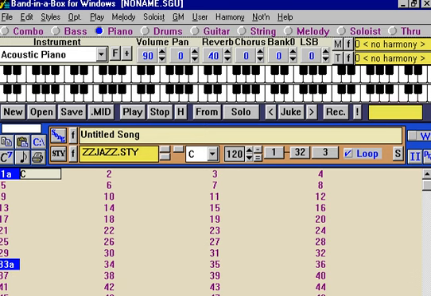Band in a Box for Windows version 7.0 allows you to type in the chords to any song using standard chord symbols. And we'll show you an example of entering a song, which usually can be done within 2 minutes. So, for example, I'll enter chords to a typical song in the key of E flat. I'll type E flat major 7 to get that chord in, and then I can move with standard cursor keys